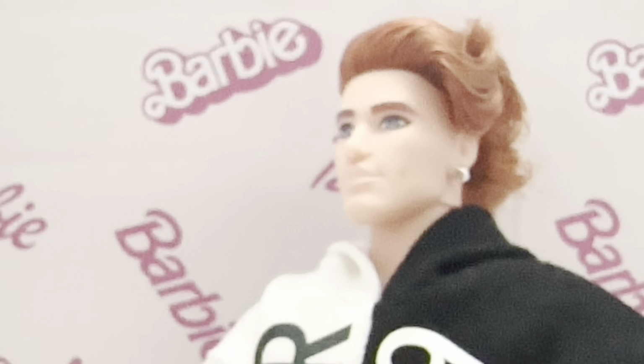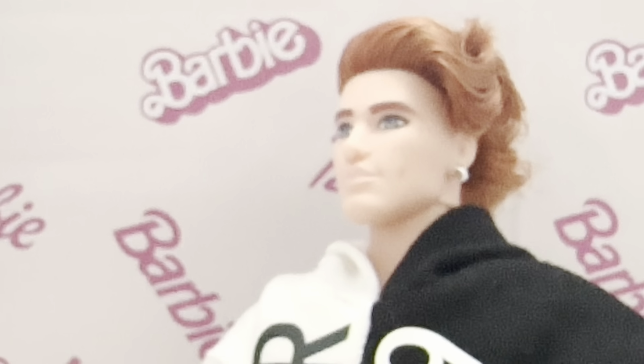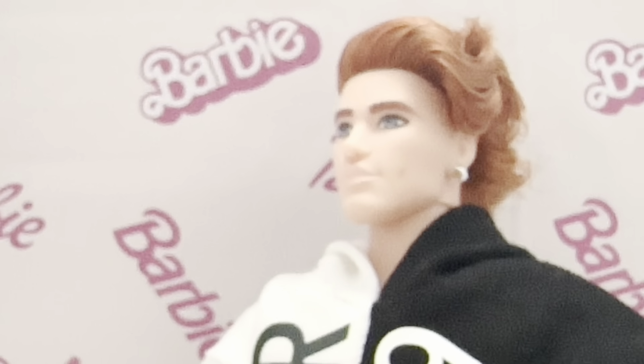I think he is worth the money. He retails at $30, and I think that's fair. That's a fair asking price for a doll of this quality and this versatility, and bringing us these new pieces that we haven't seen before. Also, I enjoy boxes like the packaging that he came in because I get to use them as risers, so that's a bonus point. He's probably also the most subdued from the